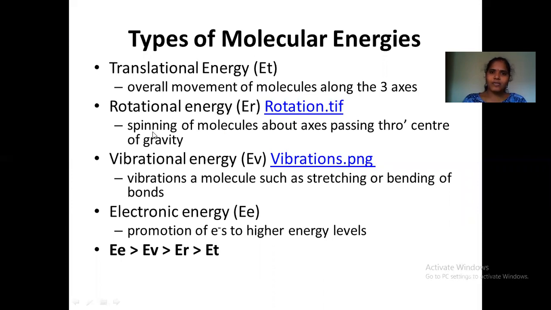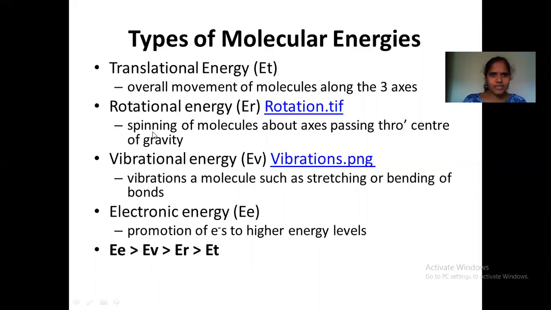As spectroscopy is the study of an interaction of a molecule or an atom with radiation, one must understand what that interaction is. The interaction is a transition from one energy level to another energy level. So we should understand what the different energy levels of a molecule are, and what type of radiation is required to show transitions within one particular level, which we will further understand in my next lectures.